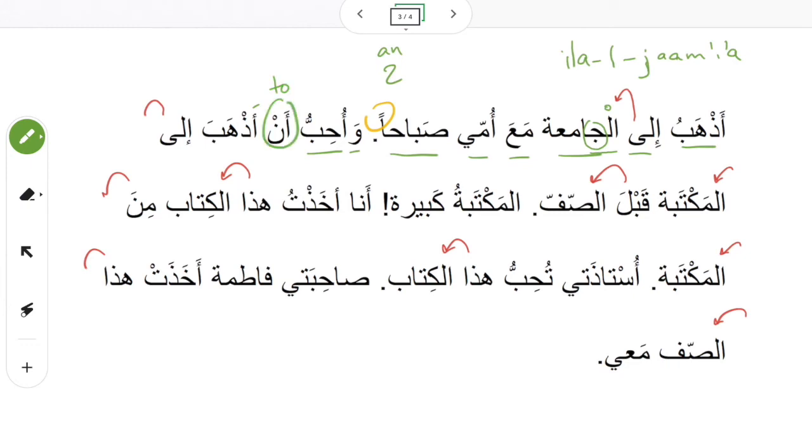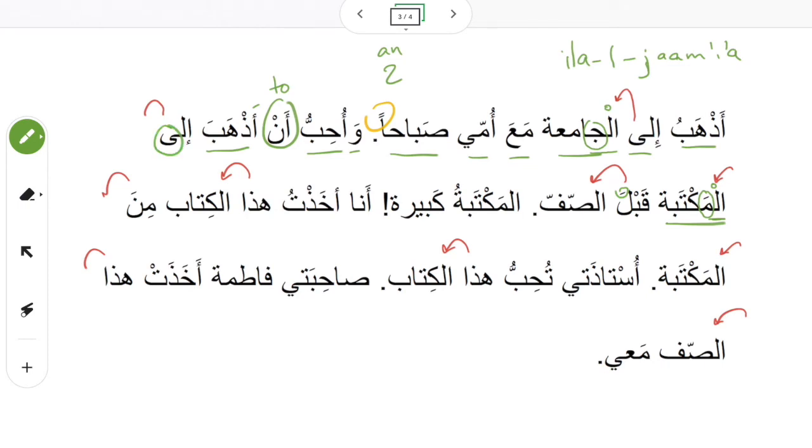وأحب أن أذهب, and I like, and just means to. So that's a new word that you should have circled because you don't know that. And I like to, or I love to, أذهب, go. I like to go. وأحب أن أذهب إلى المكتبة. So here you have maktaba. Meme here doesn't use our tongue, so it's qamari. So that means we're going to connect to the lam. إلى المكتبة. وأحب أن أذهب إلى المكتبة